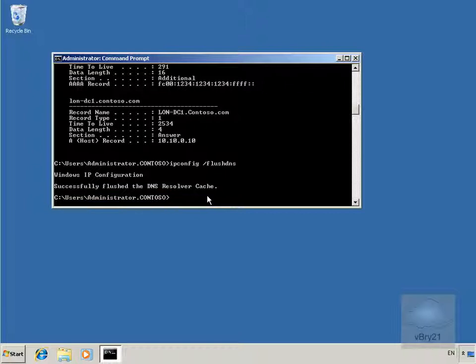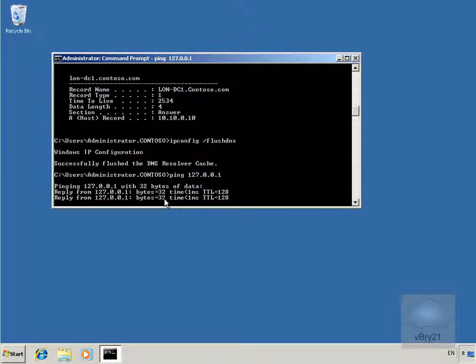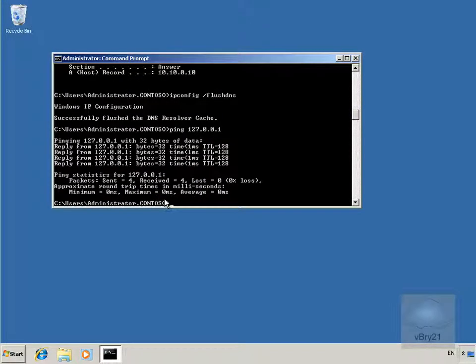What we're going to do here is just ensure the TCP/IP stack is actually working correctly. We have an address called the local loopback address, and this is just testing to see if TCP/IP has been installed. We can see we're getting a reply back here, so we know that the TCP/IP stack is working correctly. The next thing we'll do is ping the DNS server just to ensure we have network connectivity,